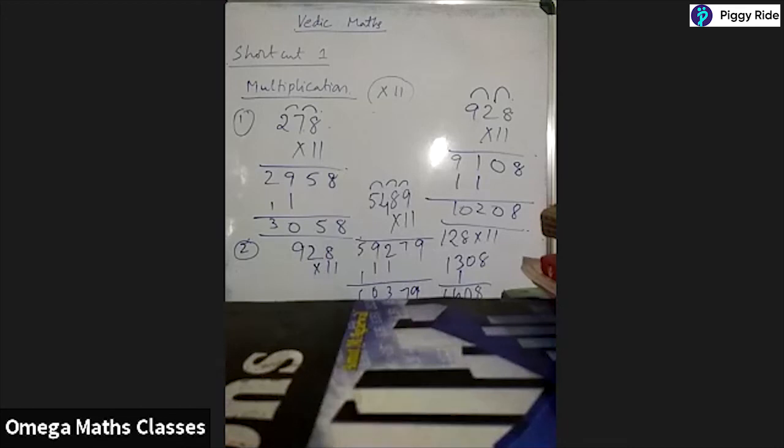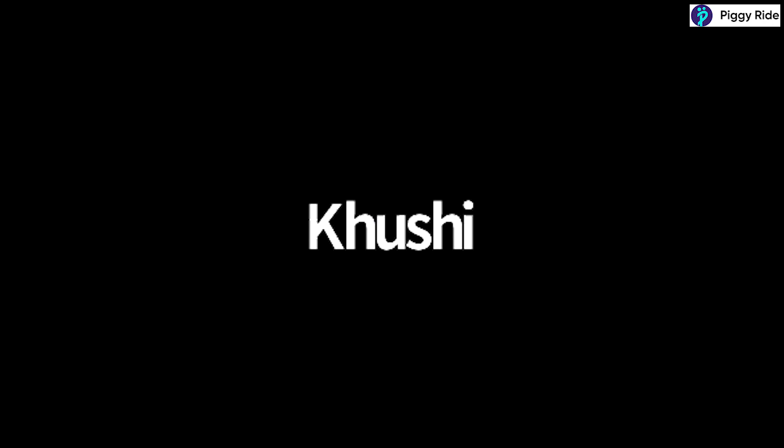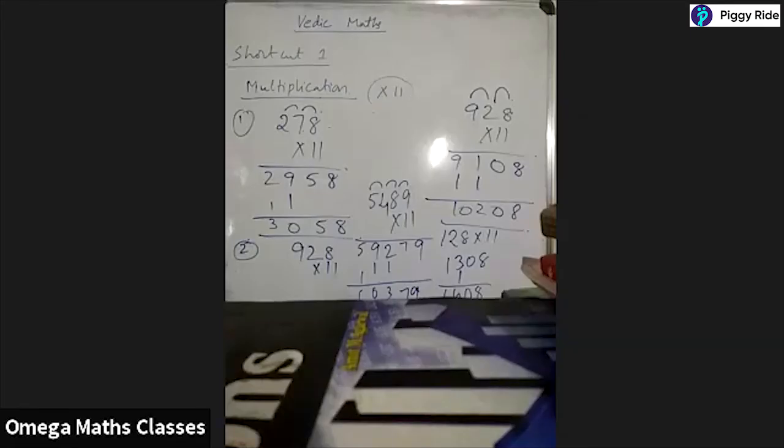Completed? Yes. Okay. So how is the class? Have you understood today's shortcut? Multiplication with 11, type 1 and type 2. The first one is a direct method. The second one is, have you understood both types? Any confusion or any doubt in that? Okay, thank you. Your demo class is completed.